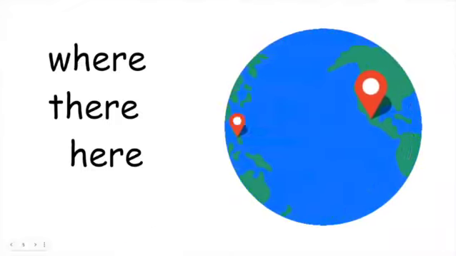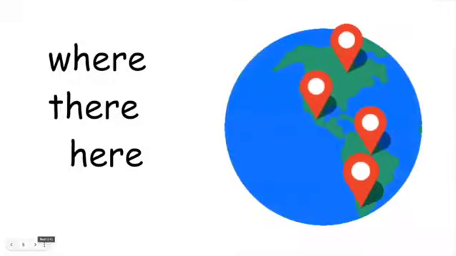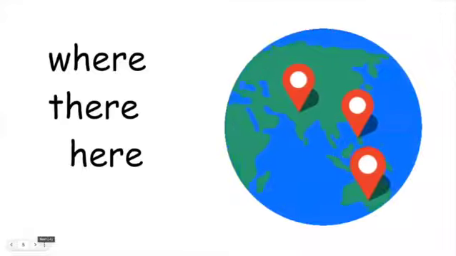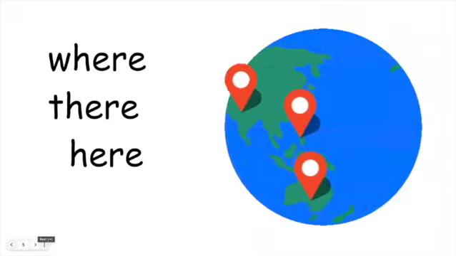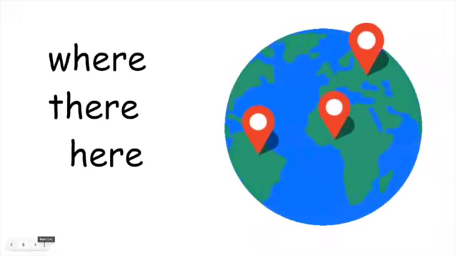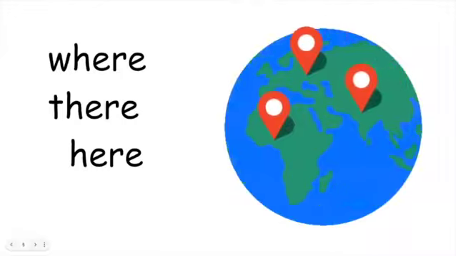All three of these words are considered adverbs of place, which means they talk about or refer to the place of things. Where are you? Oh, he is over there. I am right here. So they are connected in this theme of place. We're going to talk first about the word where. And today I'm using support from my friends at the High Frequency Word Project to help me explain these words to you. When we look at the word where,